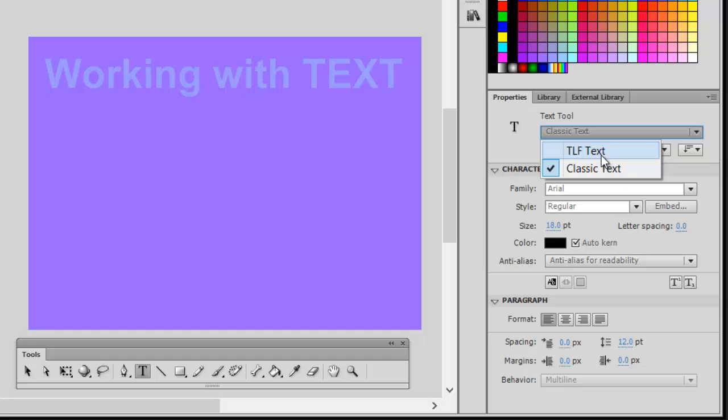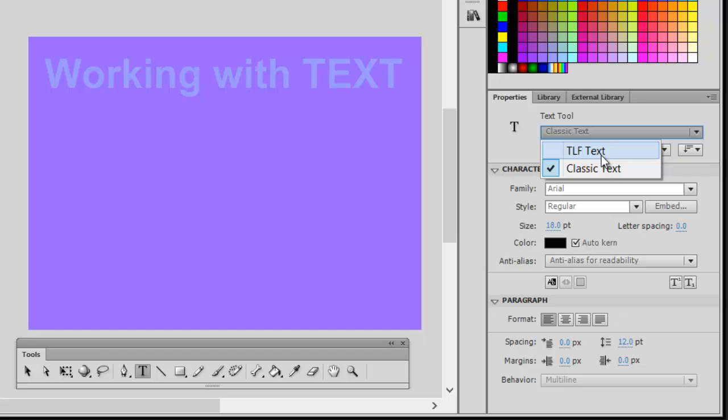One of the advantages of TLF text, or why it was introduced, was it did allow text flow from right to left for other fonts besides English fonts, such as Chinese and Hebrew. And one of the cool features for TLF text was we could flow text from one block to another block. It supposedly also had better printing capabilities, but for most of our projects, at least here in the United States, we don't need text that flows from right to left, and Flash is more digitally read than used as a